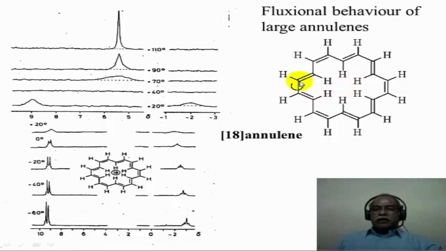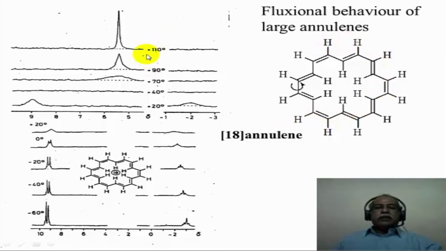In other words, if you rotate this carbon-carbon single bond, this hydrogen can be brought in and this hydrogen can be taken out. So the hydrogens which are originally inside can go out, and the hydrogens which are originally in the outside periphery can also come inside, 6 at a time. So there is possibility of a rapid interconversion between the inside hydrogens and the outside hydrogens. If such a process is taking place very rapidly, NMR won't be able to distinguish between the hydrogens which are inside and the hydrogens which are outside.